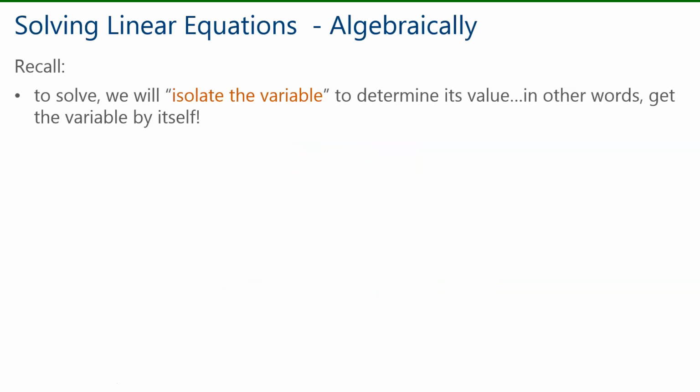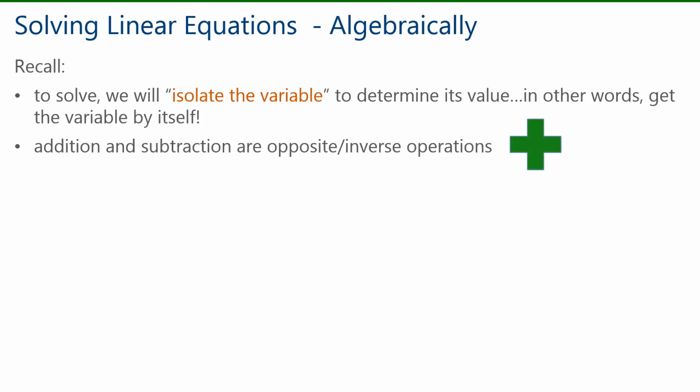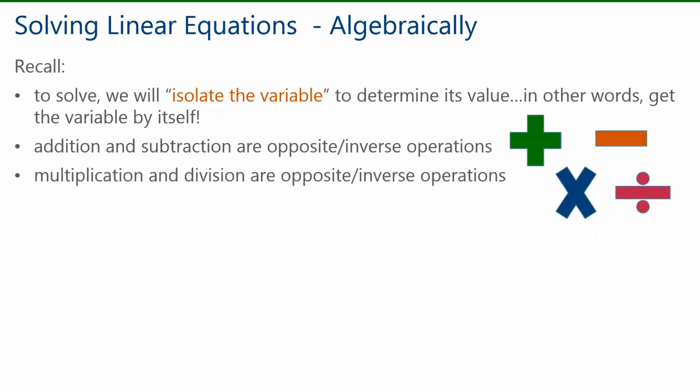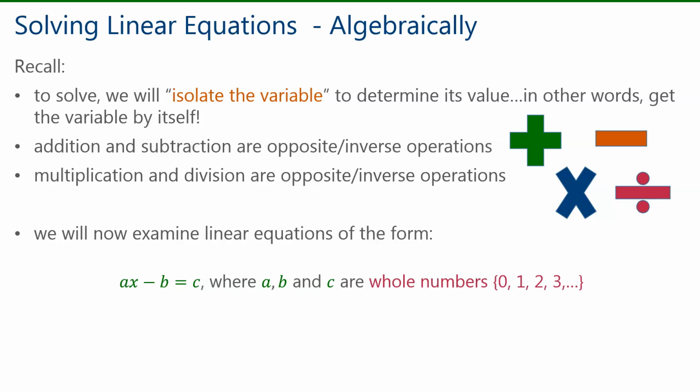For the final time, to solve, we isolate the variable to determine its value. We get the variable by itself. We have now repeatedly witnessed the importance of recognizing that addition and subtraction are opposite operations, as are multiplication and division. As we now examine linear equations of the form ax subtract b equals c, where a, b, and c